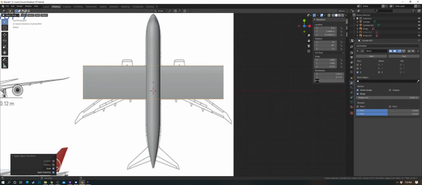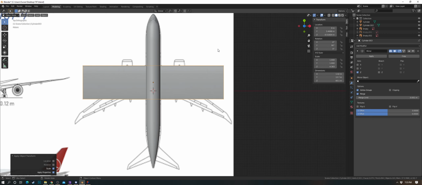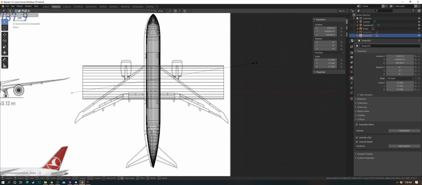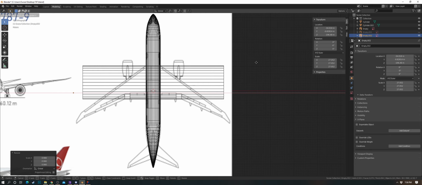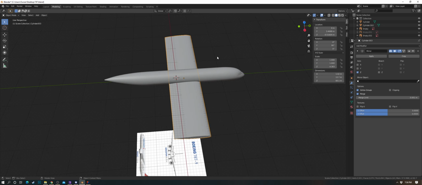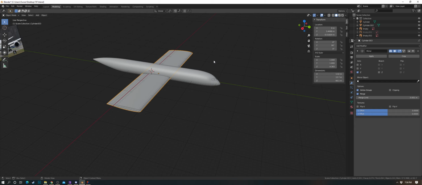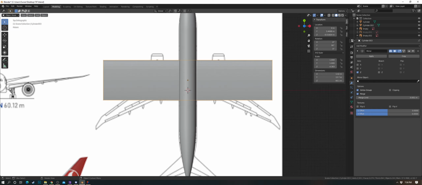60.12. It's not going to make much of a difference. Now keep in mind that our diagram could be a little bit out of scale. Something you should always keep an eye on. So always go by what the actual wingspan is. Never apply that to your